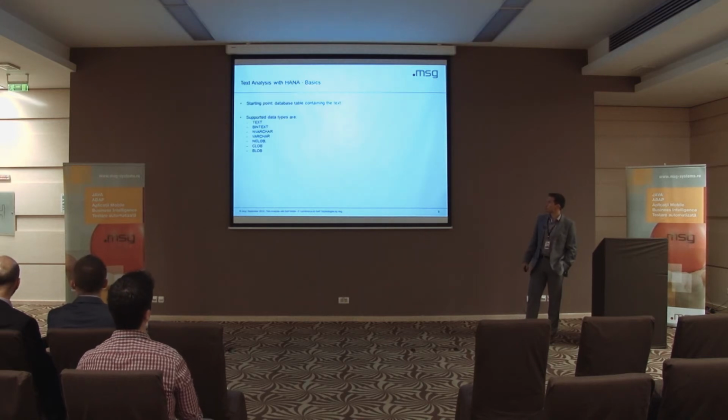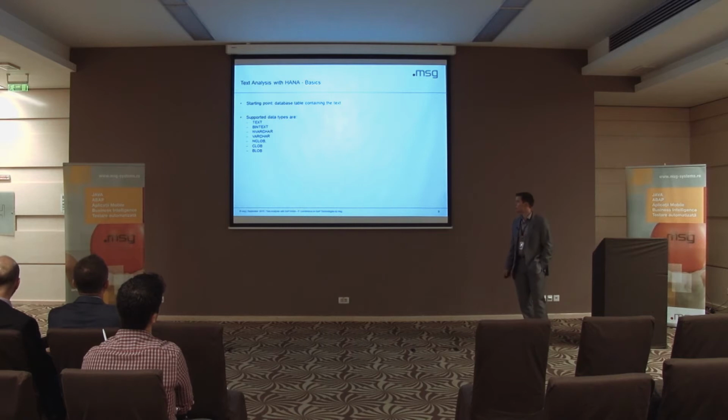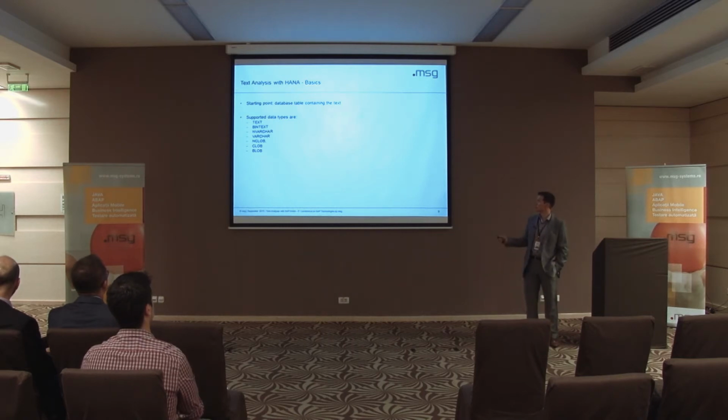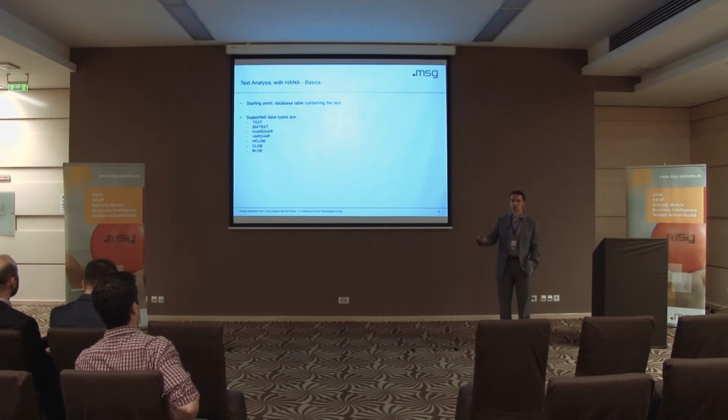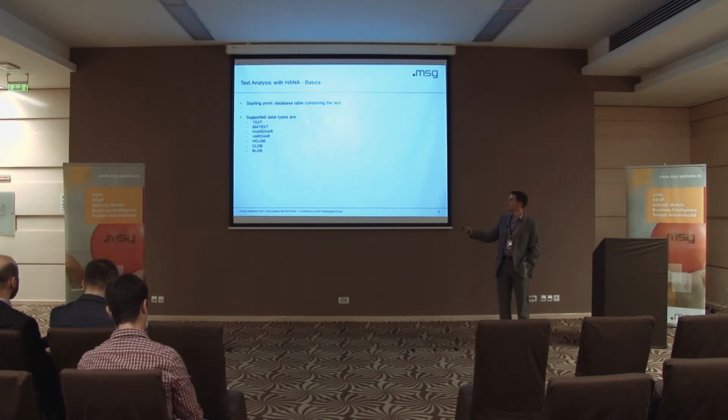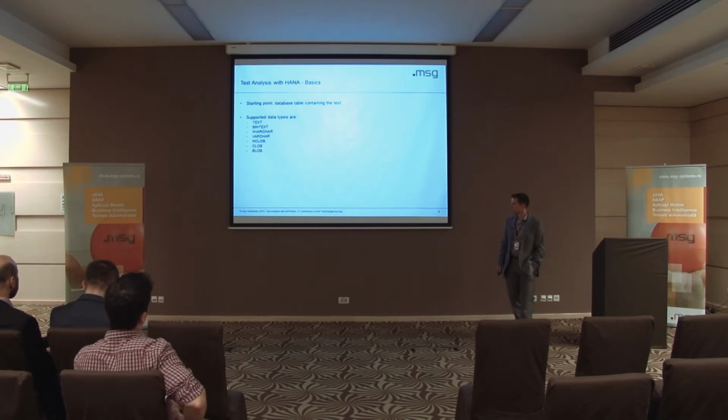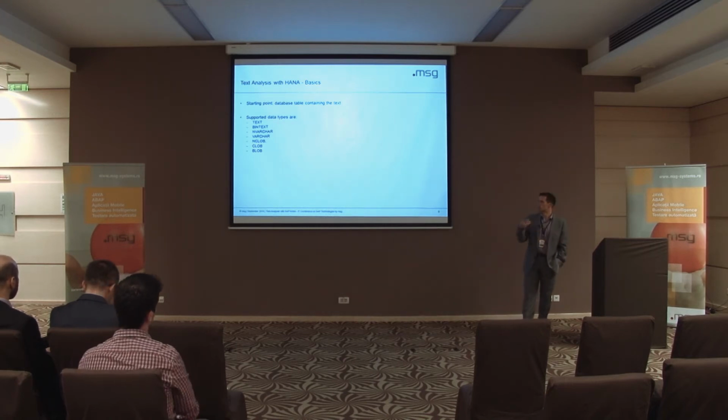So some clean basics about text analysis within HANA. Well, what do you need in order to do text analysis? You need the text within a database table. That's the bottom line. So first of all, you somehow need the text within SAP HANA. And then this text has to be in some format that is readable by the text analysis of HANA. And this can range from a classical text column up to a blob column, which means that you can also store PDFs, Words, and so on.